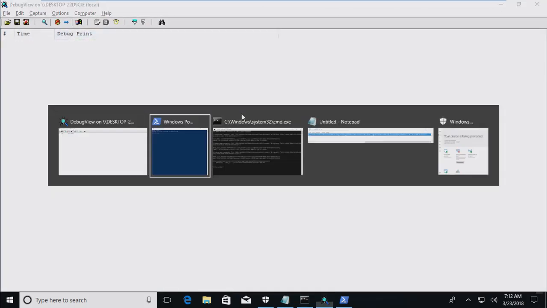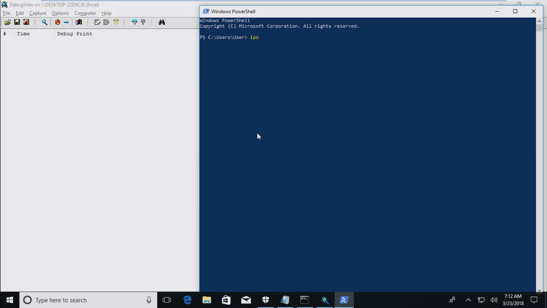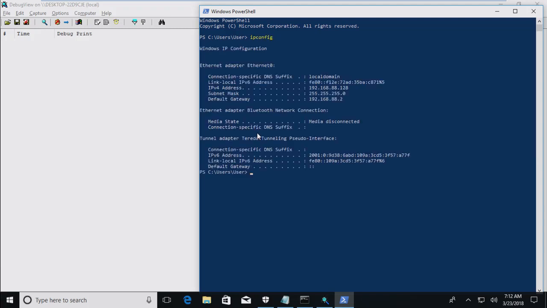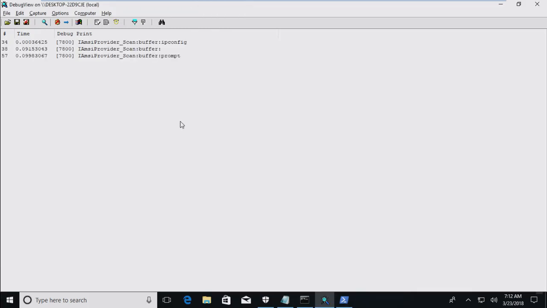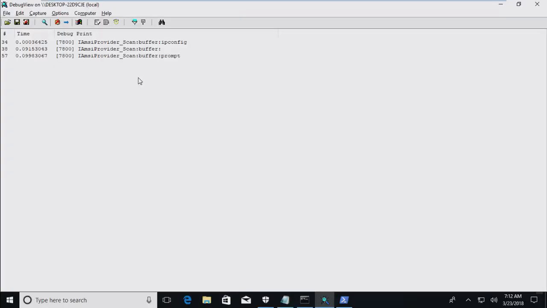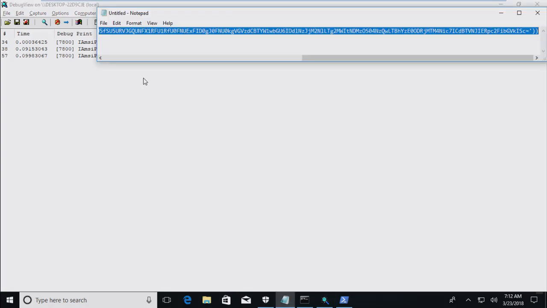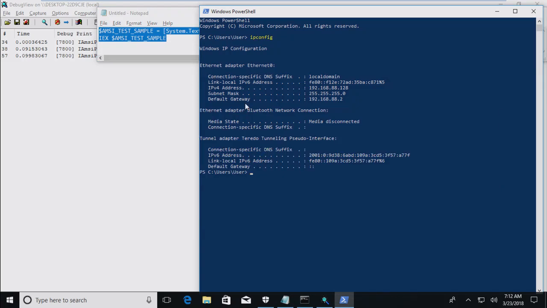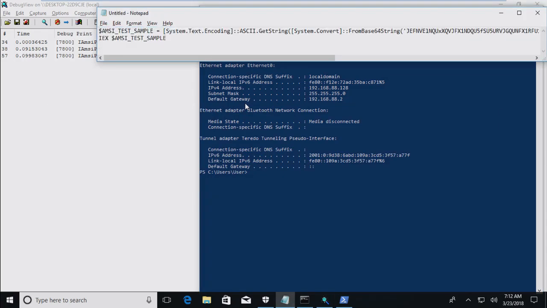And let's clear this. If we type, for example, ipconfig, we can see ipconfig right here. It's been scanned. Now, if we take a look at what Microsoft calls the AMSI test sample, I'm going to run this in two steps.